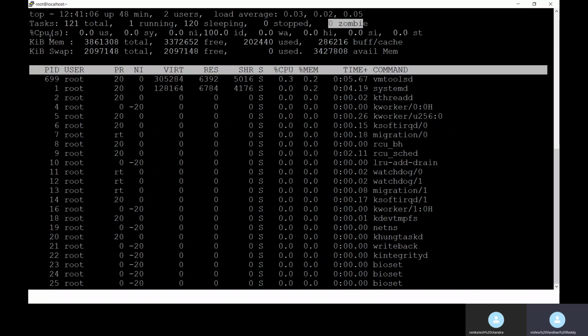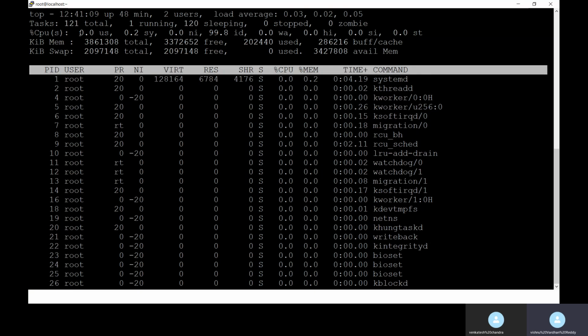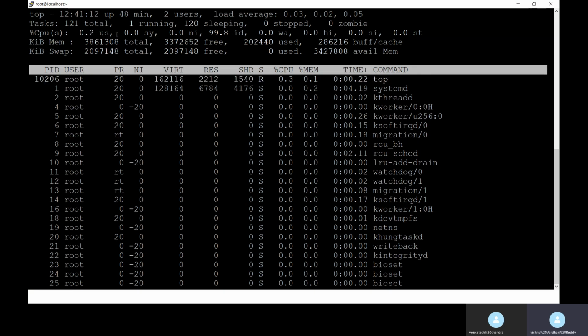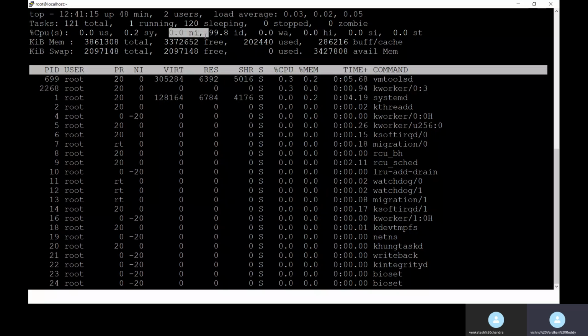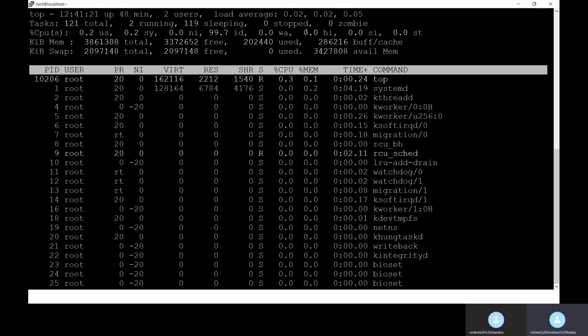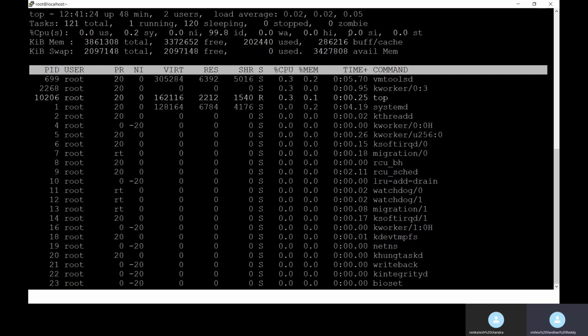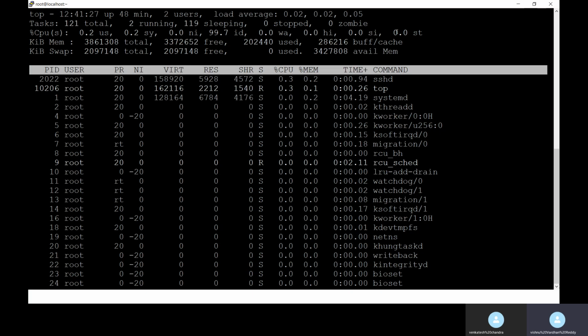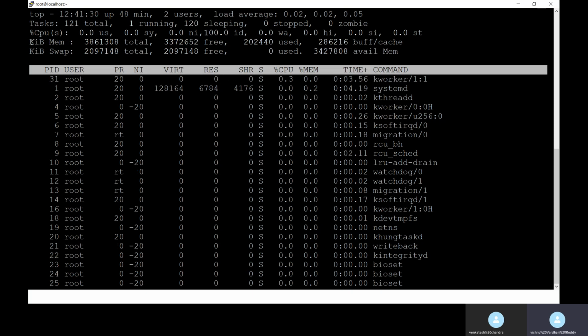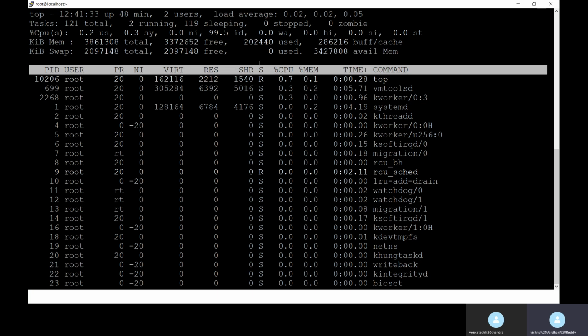CPUs. How many CPUs are there will be displayed. User is the user allocated CPU utilization, and then system CPU utilization. What are the nice values here, and then idle, and how many processes are waiting, and then hardware and software interrupts. These three you can explore by searching on Google, and people will ask more questions on process monitoring.